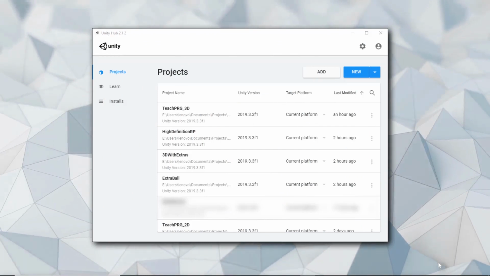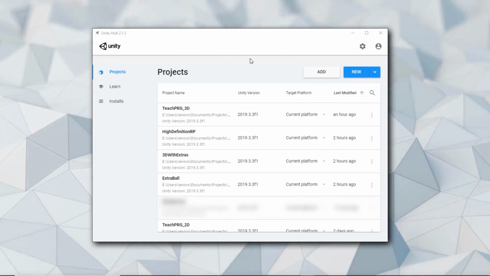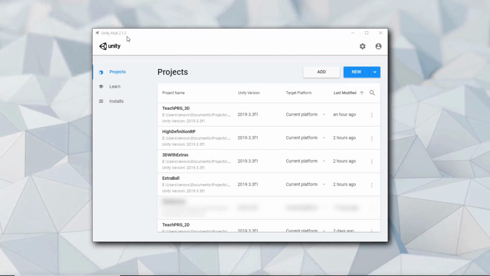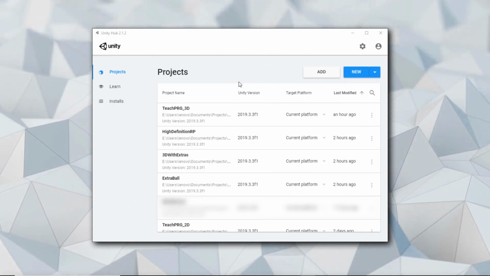Okay, as you see, this is Unity Hub that you can download from unity3d.com, and the version I'm using right now is Unity Hub 2, but make sure to download the most recent version available when you're watching this video. And once you've got Unity Hub installed, you'll see all of your existing projects displayed on the screen. On the right hand side of each project name, you'll see the version of Unity that the project was created with. And this makes it easy to keep track of all of your projects and make sure you're using the correct version for each one.